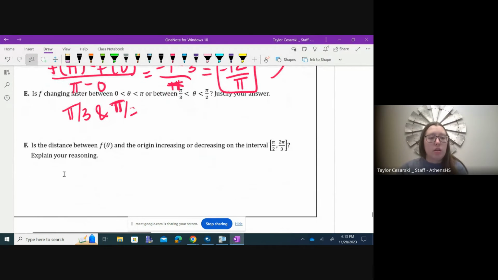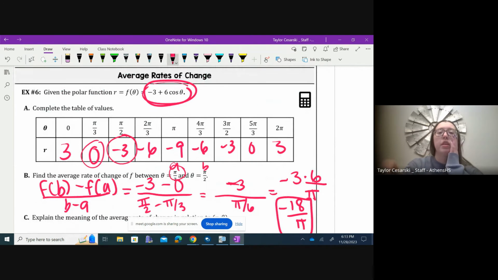All right, let's answer this question at the bottom. Is the distance between f of theta and the origin, or the pole, increasing or decreasing? So we're talking about the distance. So that means we're looking at two things. Is r positive or negative? And is r increasing or decreasing? So on this interval, from pi over 3 to pi over 2,